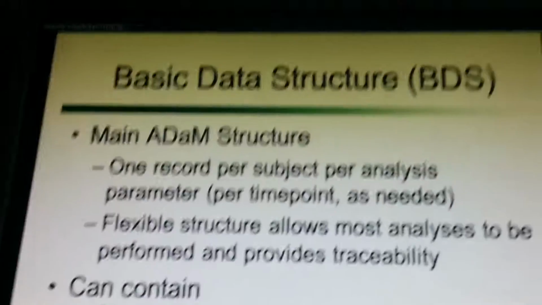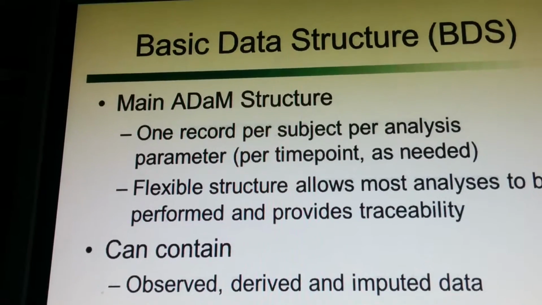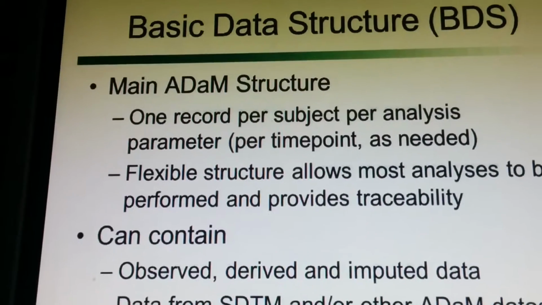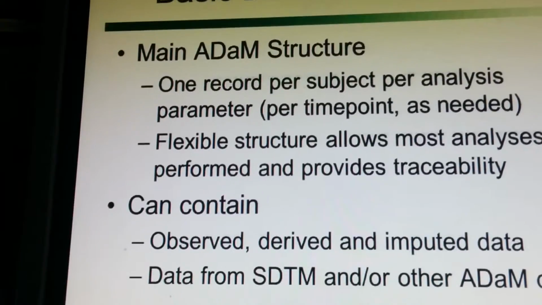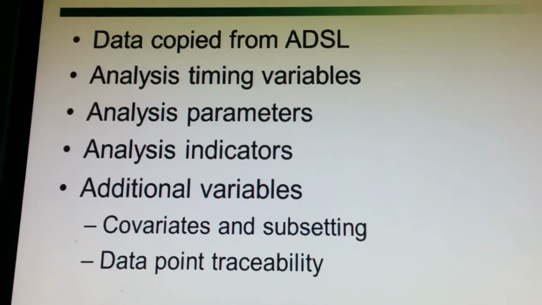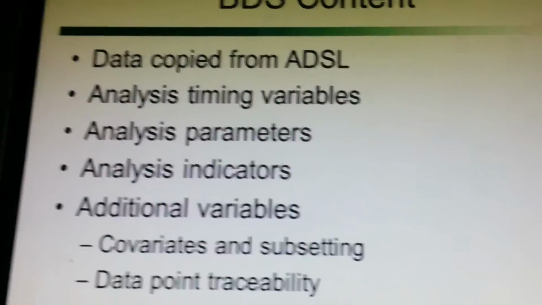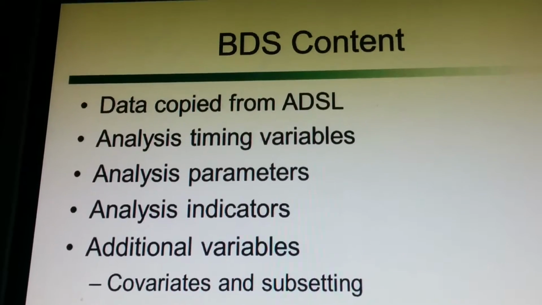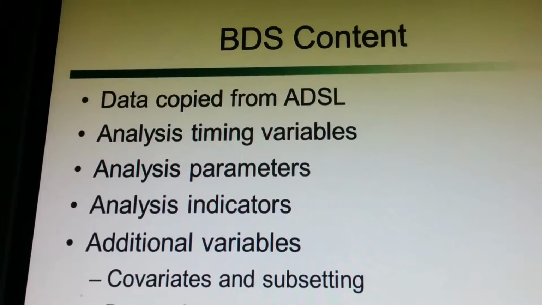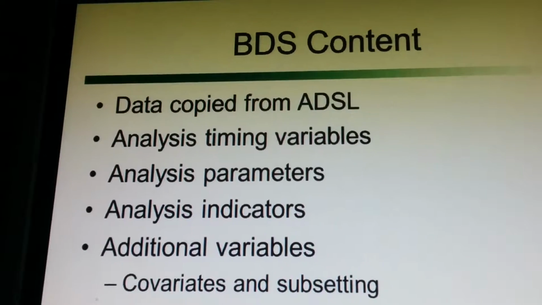It also contains what's known as your data point traceability. That's one keyword I keep driving back, and that is the traceability of ADaM all the way back. You're going to pull from the SDTM domain the sequence numbers for the records that you're using. So that from a traceability